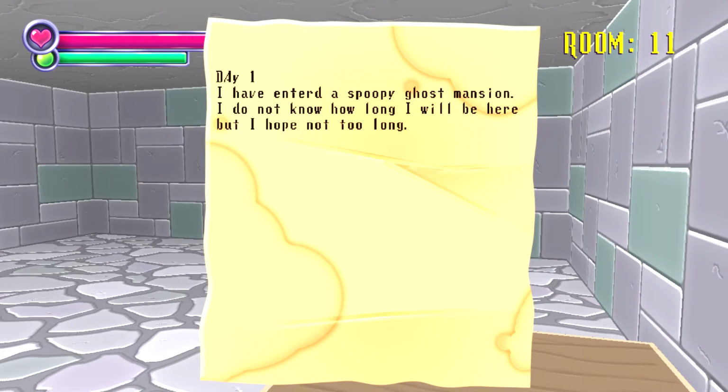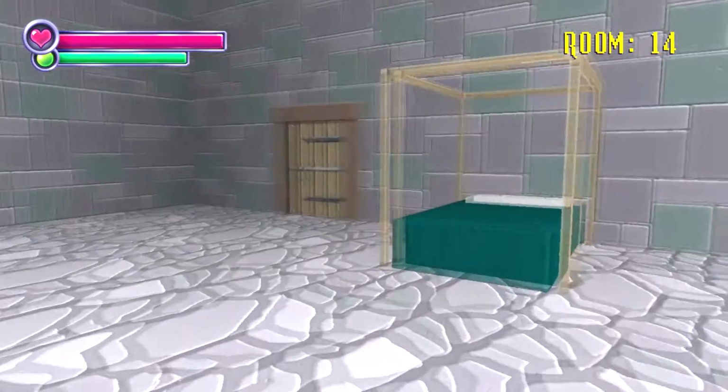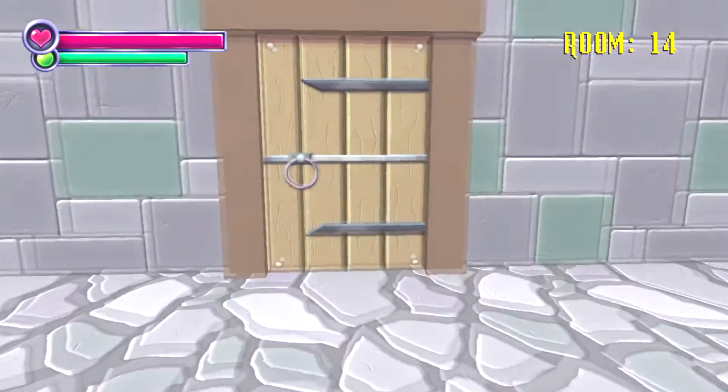Day 1. I have entered a spooky ghost mansion. I do not know how long I will be here, but I hope not too long. Today I saw quite a spook, but I'll admit it was scary, but not as scary as I've seen in